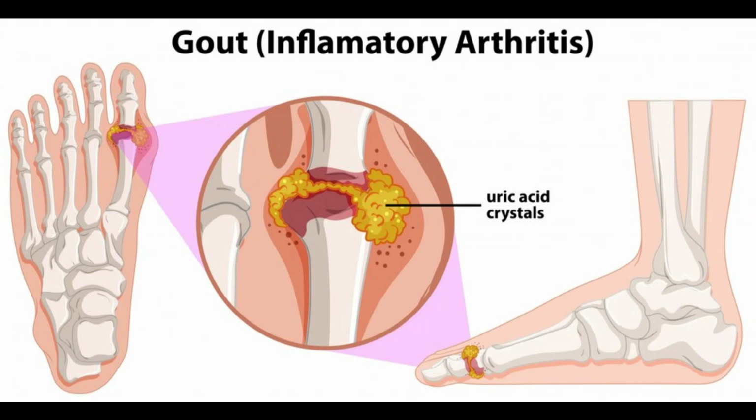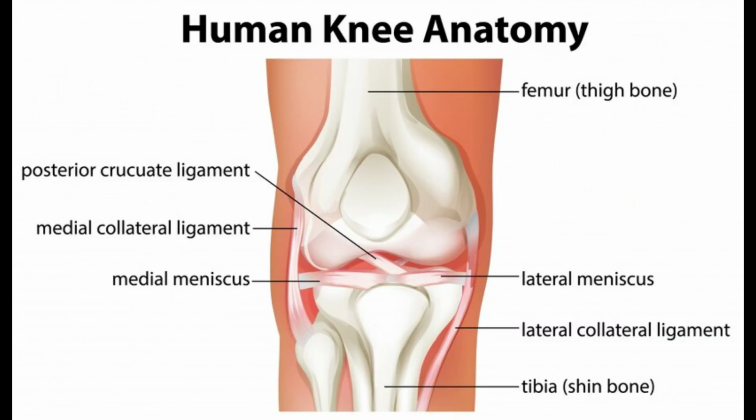Braces or shoe inserts. Shoe inserts or other devices can help reduce pain when you stand or walk. These devices can support your joint and reduce the pressure on it. Assistive devices. Joint aids can help relieve stress on your joints. A cane or walker can take some of the weight off your knee or hip while you are walking. You should hold the cane in the hand opposite the limb that hurts. If you have arthritis in your fingers, you may find tools that make working in the kitchen easier. Check catalogs, medical supply stores, or ask your doctor about assistive devices.